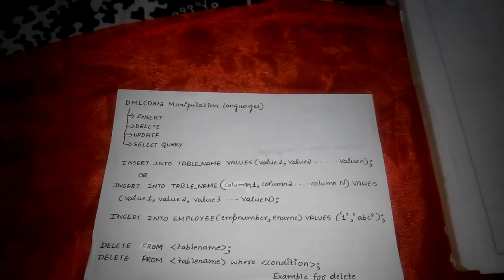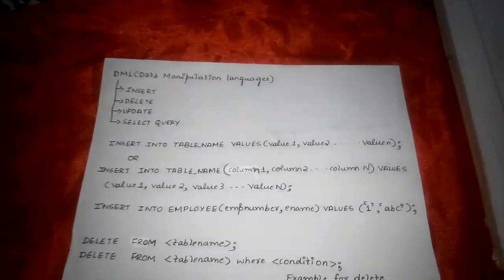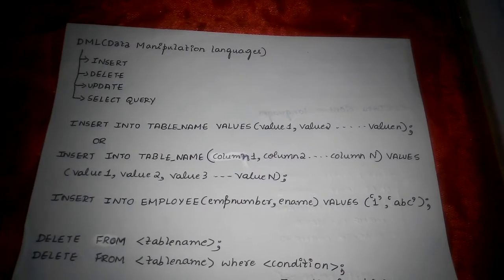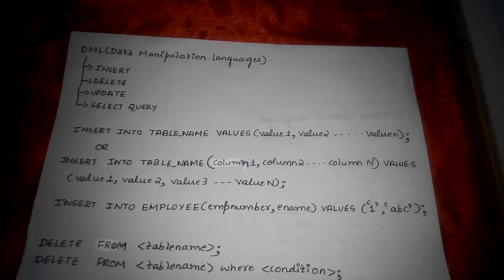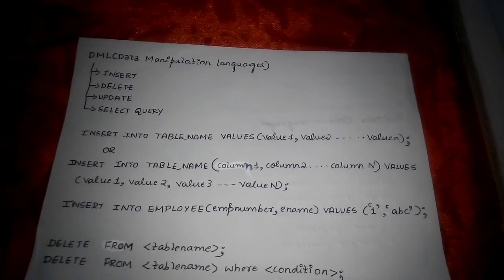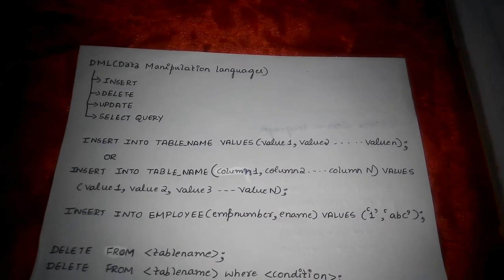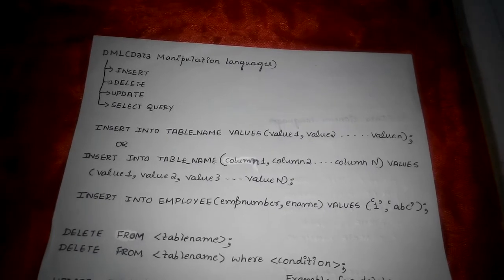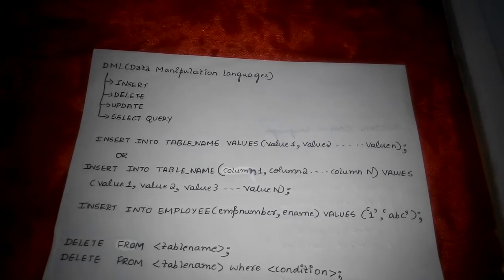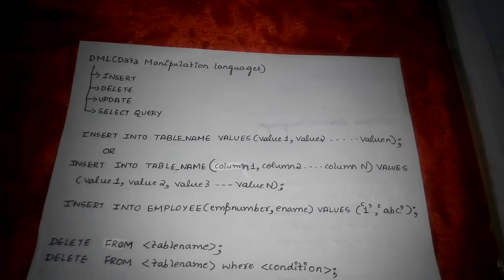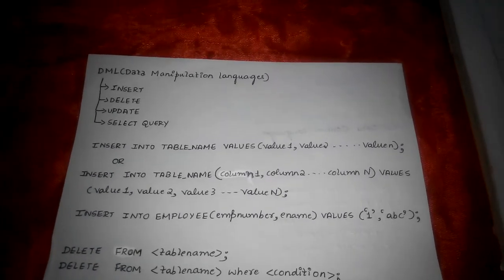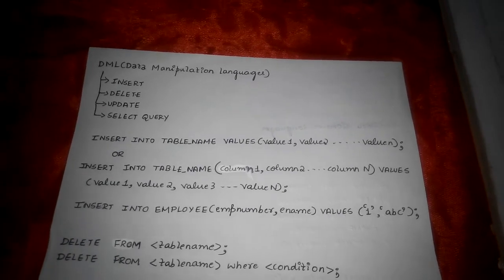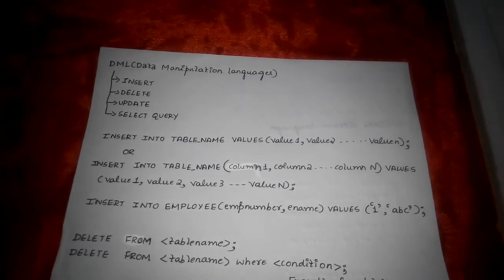Now coming to the second type of insert command: insert into table name, column 1, column 2, etc., column n, values, and then the values. Here you can add values to the columns which you want to add, that is, which are liked by the user. Here there is no force that you have to enter value for all the columns. In such cases you can go for the second type. But remember, whatever you do, you cannot omit the primary key value. You have to enter the primary key value.